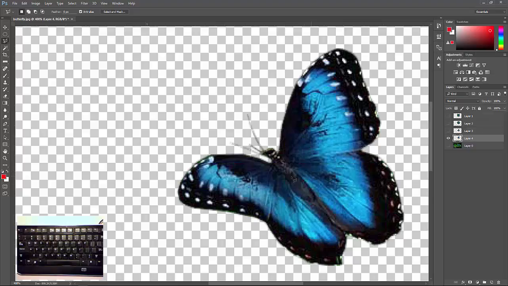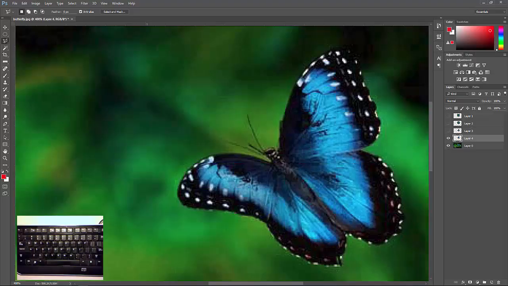So now I'm going to turn you loose. I want you to go and grab the Polygonal Lasso tool and make short straight line segments and select this butterfly as accurately as you can. But then I also want you to go up to the Select and Mask, and I want you to click on it, and I want you to just smooth your edges, feather just a little bit, again minor things, and then I want you to copy and paste it so that when you're done, you should have a background layer, and then you should have 4 additional layers above it. Okay, so